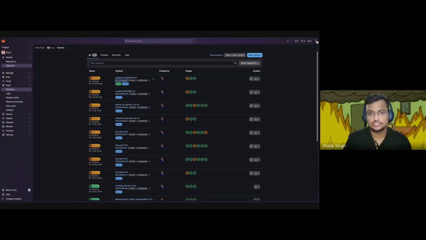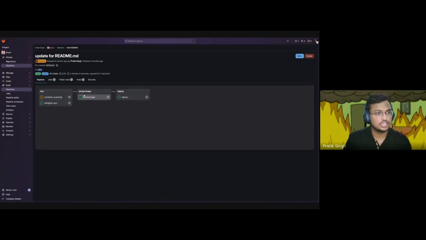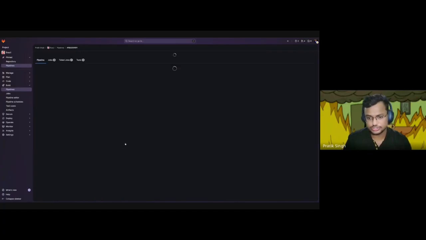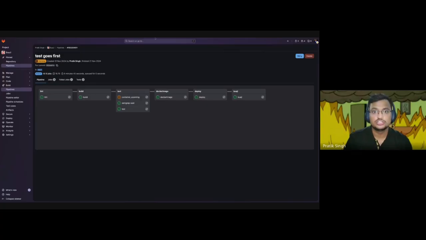If you see, it will have a couple of jobs. It will do container scan. It will do the deployment part. So this is the CD aspect of it. This is the testing aspect of it. So wait, this would be a good example to explain to all of you. So this is the exact thing that I was mentioning.